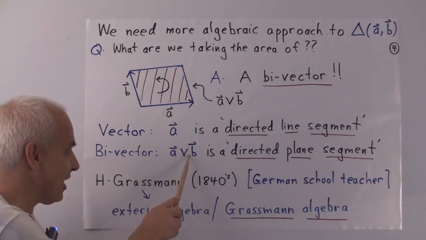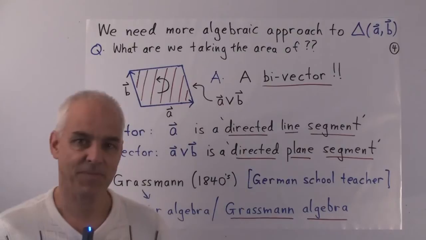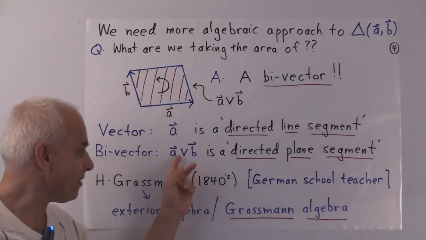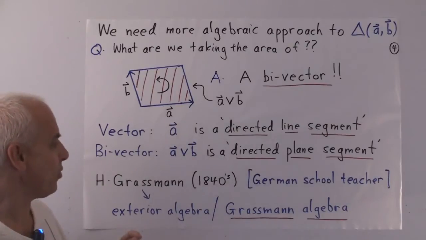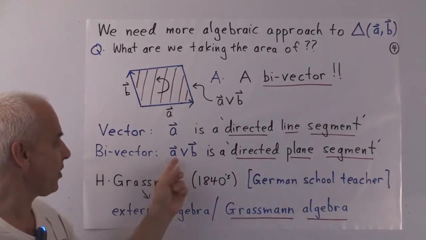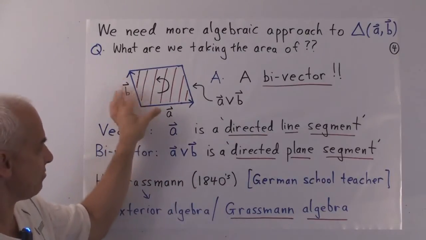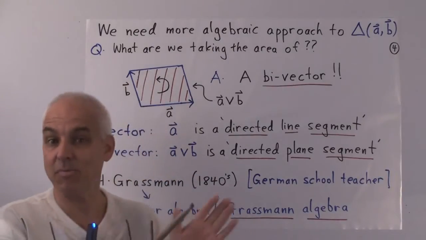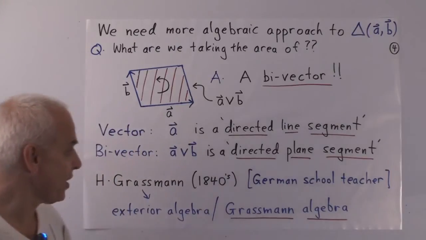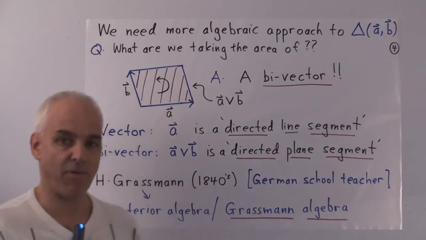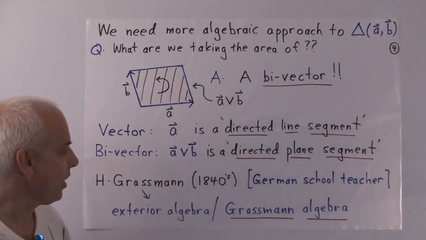Mathematicians usually use an upside down V. There are a lot of good reasons, however, for using this join wedge, this up wedge, and that's what we're going to use because it really represents like the union of A and B. It's something that's bigger than A and B. It's what we get when we put A and B together. So we're going to say A wedge B, or if we want to be specific, A up wedge B. Okay, so